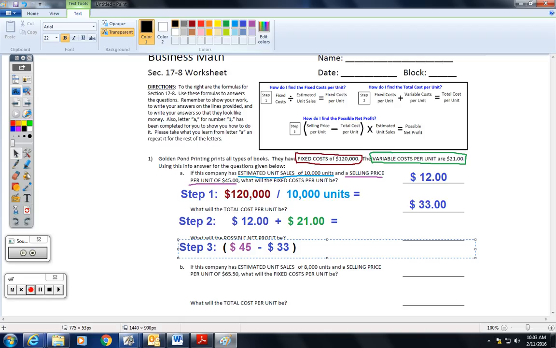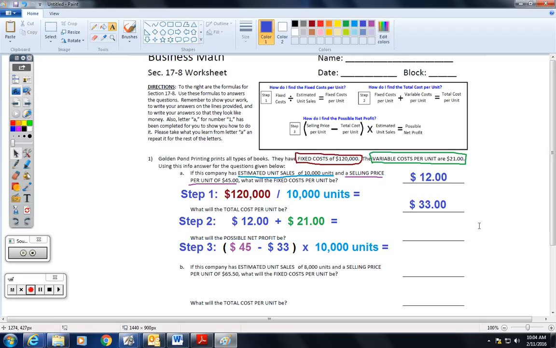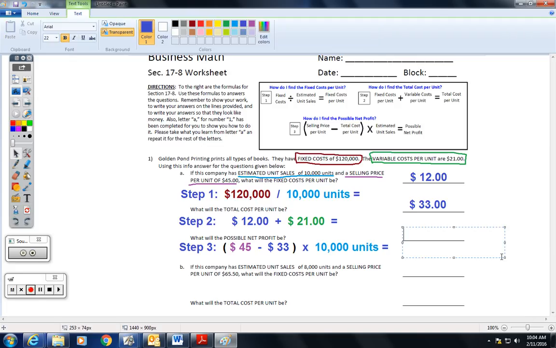You could probably do that in your head and you get $12, okay? 45 minus 33 is $12. But what you still have to do, folks, is multiply it by the estimated unit sales. Once again, how many units do we plan on making and selling? So, if you take your $12 from inside the parentheses, because you always do your parentheses first, and multiply it times 10,000 units, you're going to get